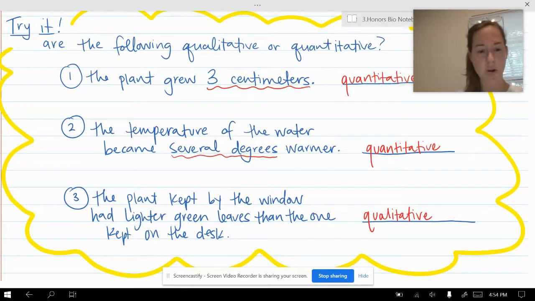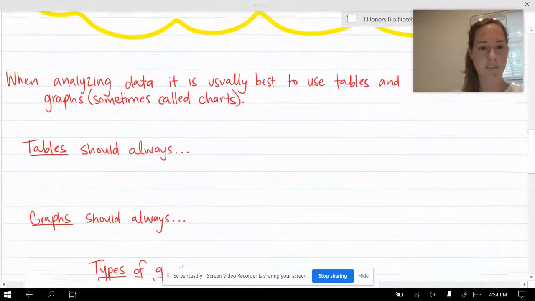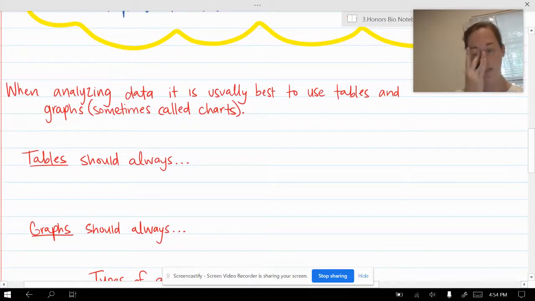it's pretty easy. Okay. So now the other thing I want to talk about in this video is how to analyze your data once you've collected it. So typically in science, when we're analyzing data, we are going to use tables and graphs, which sometimes graphs are called charts, especially if you use Google Sheets or Excel to make your chart. It will be called chart. It's graph. Tables are always going to be the ones with the boxes in the columns like Excel or Google